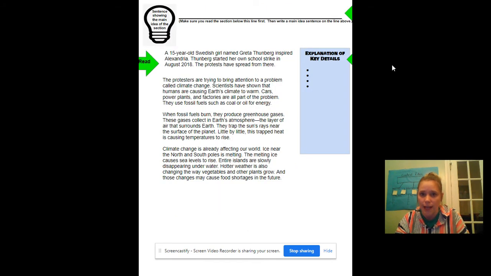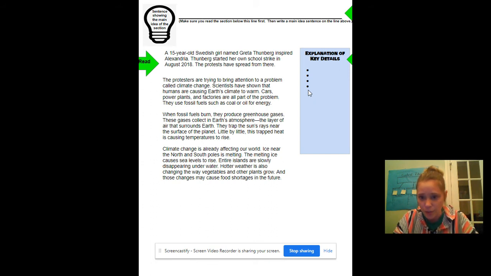Moving on to the next slide, here's where you have to start doing some of the actual work. There are 2 things to do on this slide besides read the article. After you read the article, I want you to notice that there are 4 bullet points here. There are 4 bullet points because there are 4 paragraphs.